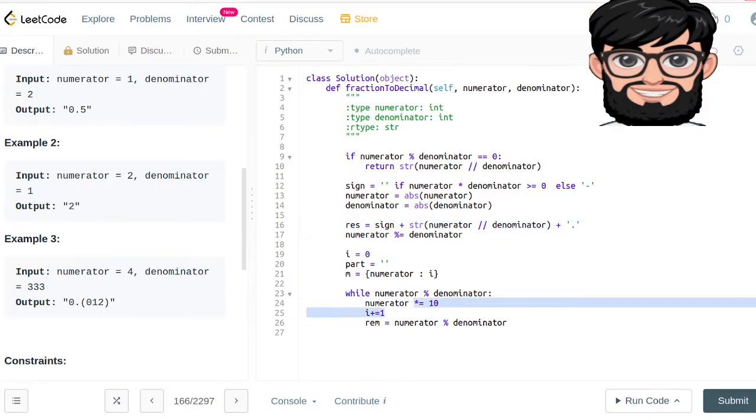You can multiply it with 10, and as we're gonna be appending it in a string format, every single time, just like a regular division, whenever you are going to calculate the next one, you multiply it with the 10. Okay,